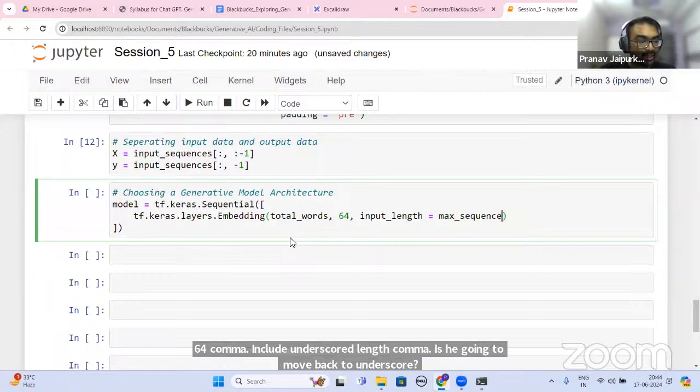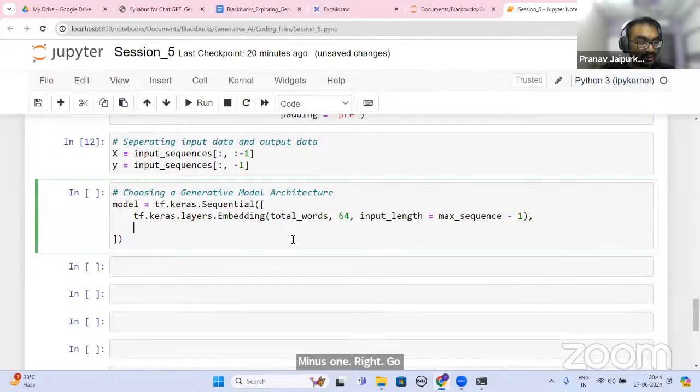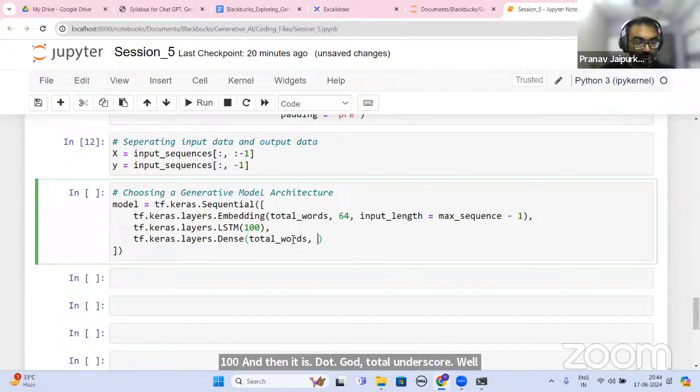So we are creating a vector of maximum sequence minus 1, right? Comma. In the next part, it is tf.keras.layers.LSTM(100), and then it is tf.keras.layers.Dense(total_words, comma. Let's have activation as softmax.